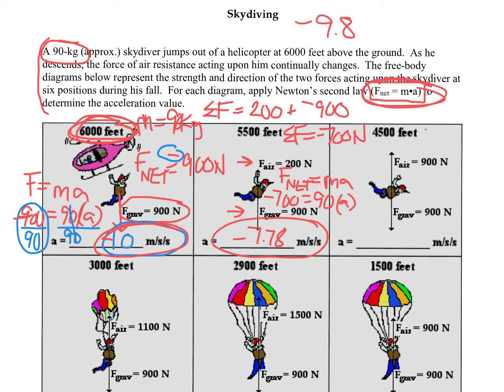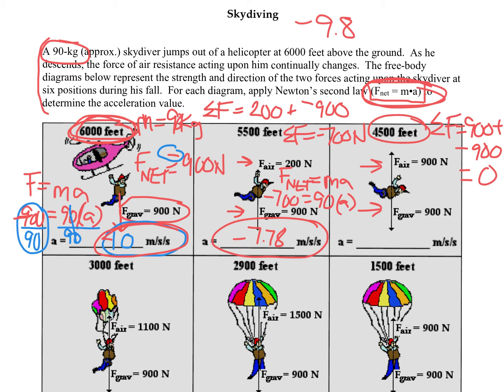Now let's look at 4,500 feet and look at that. Up and down forces, 900 and 900, even each other out. So if you think about the net force, which is sigma F, it's going to be 900 plus a downward negative 900, which equals 0. Well, what do we know